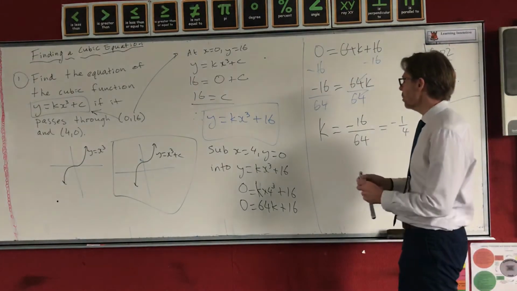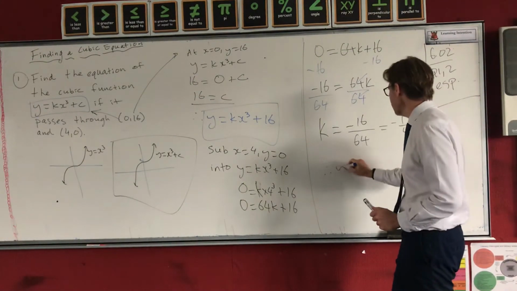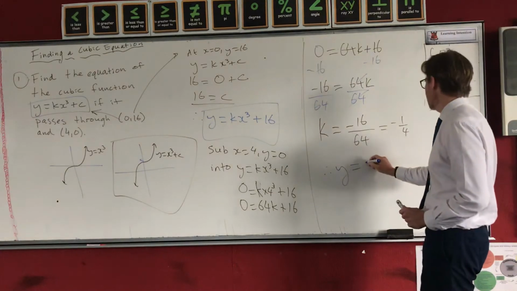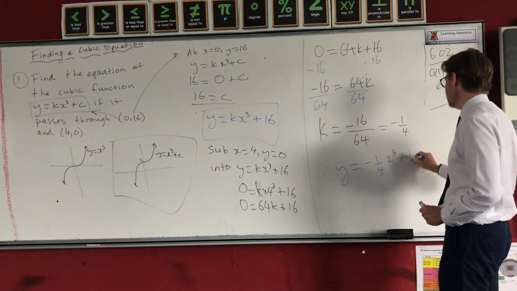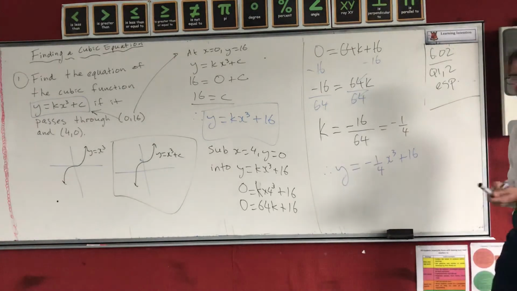Now you can update your equation. Therefore, y equals negative a quarter x cubed plus 16. If I was to draw a sketch of that,